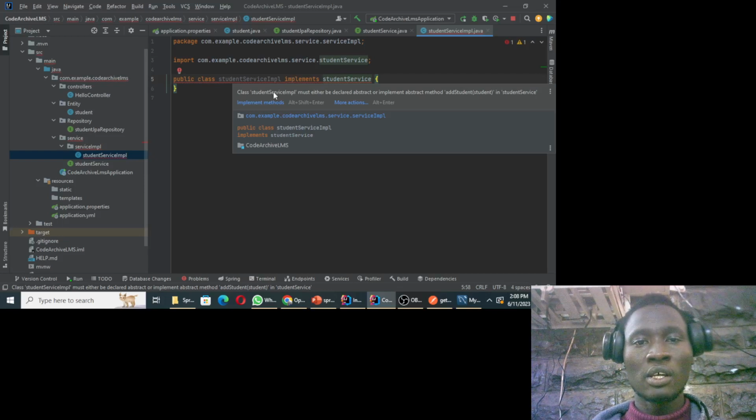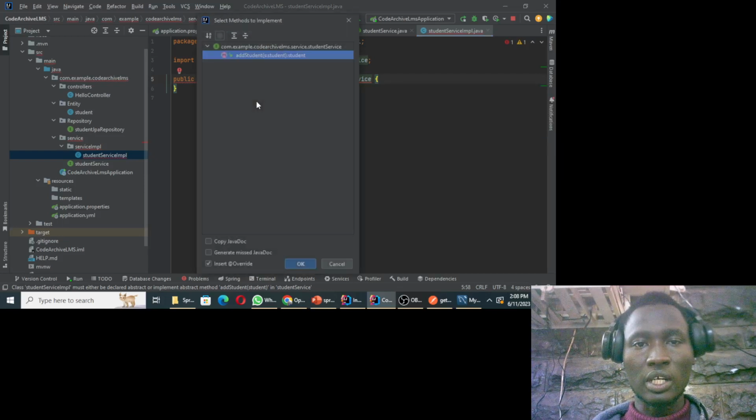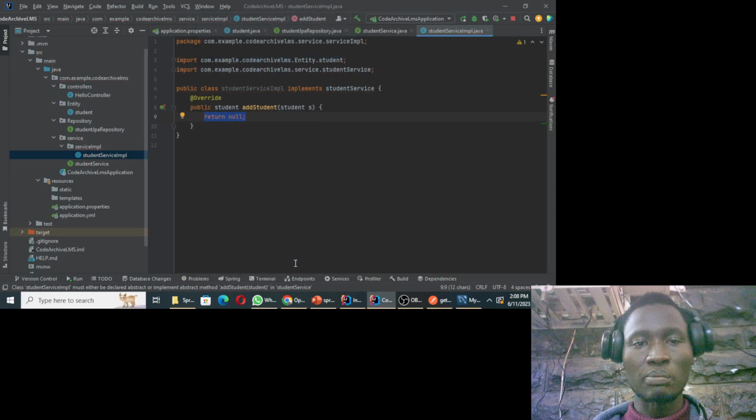All right. So I'm going to click implement, and for now I only have one method, so I'm going to implement that method. And you can see by default it returns null, because if you don't provide any implementation, then it is going to return the null value. So to avoid that, I'm going to delete this code,